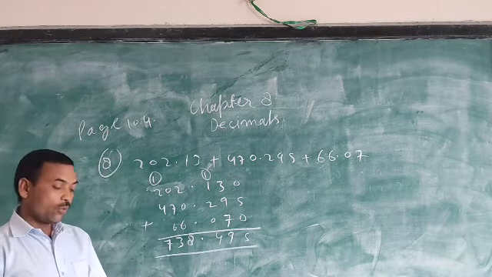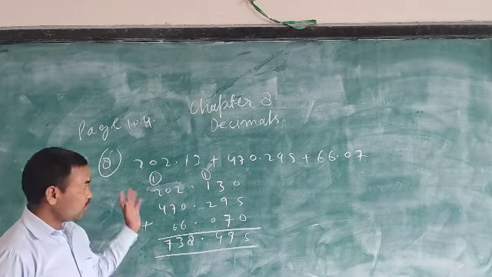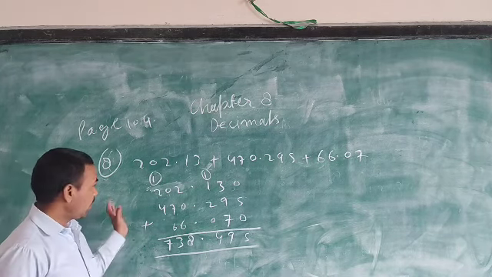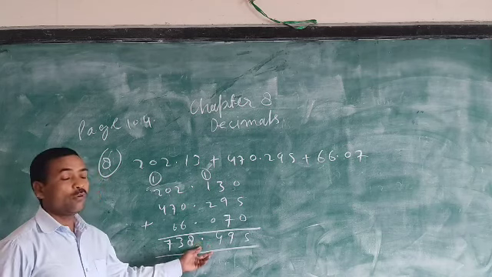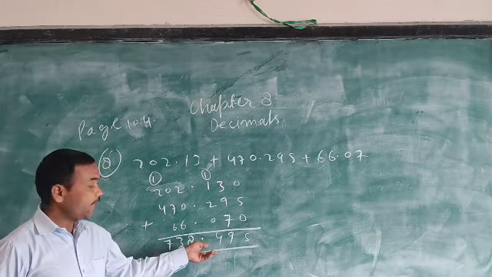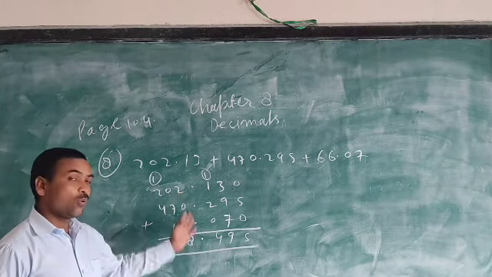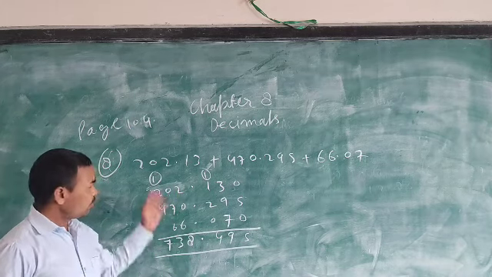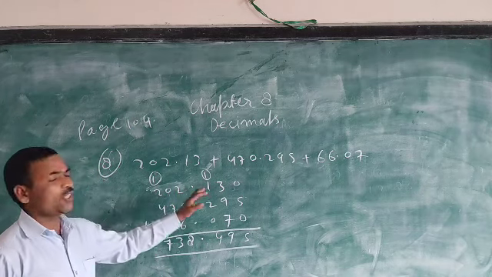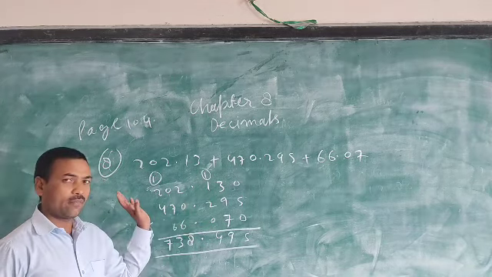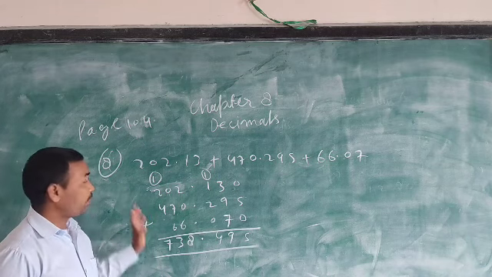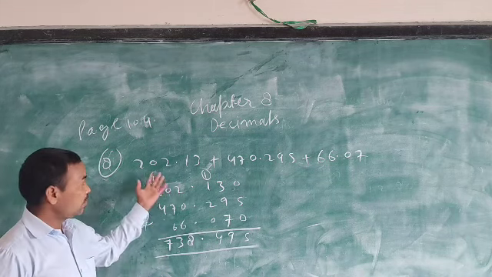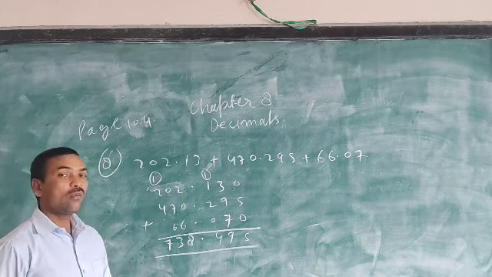I hope you know how to add the decimal numbers. You have to balance and add like the whole number, and don't forget to add the decimal in your answer. Decimal just below decimal. So the addition of decimal numbers is just like whole numbers, nothing different. Don't think this is different. Just act like it is a whole number.